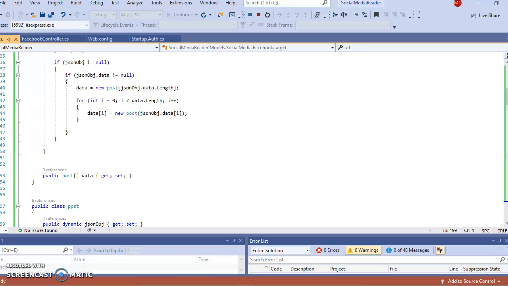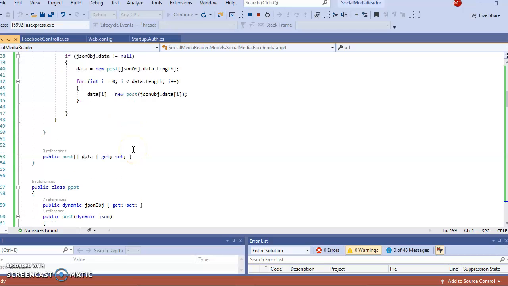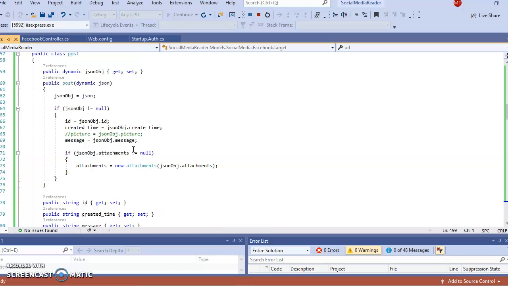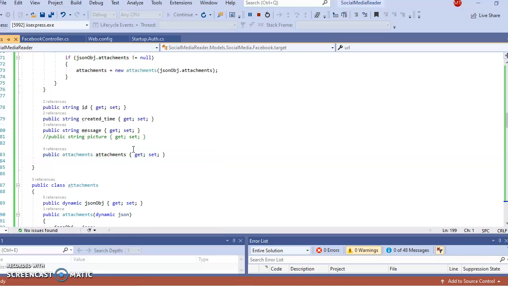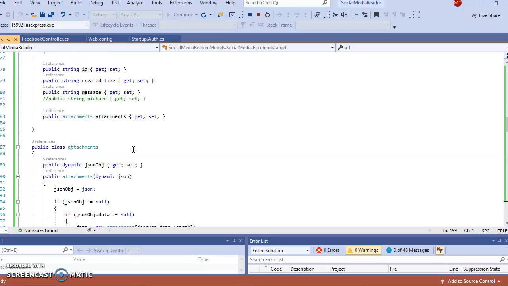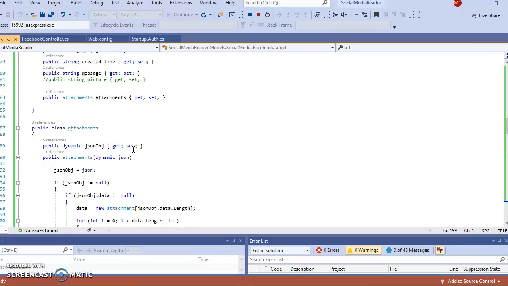Some of the classes include Post, Attachments, and so on. They are used to get the data and to display the data, that is, to maintain fetching, processing, and displaying it. So we make use of it, and finally we end up with the result.